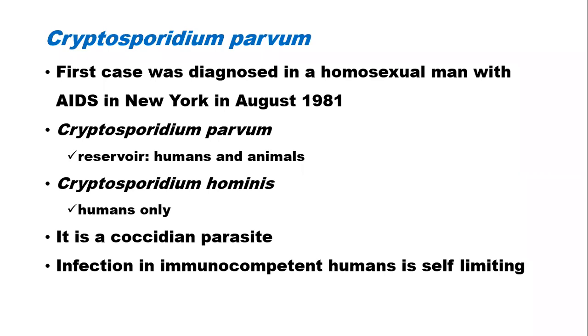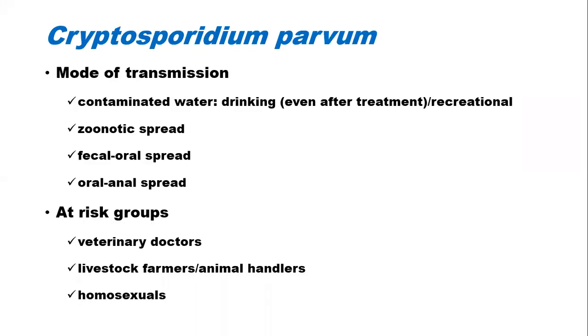This particular agent is a coccidian parasite. It's also a member of the Apicomplexa. If you remember from the POD lecture when we were discussing malaria, the malaria parasite is another example of a coccidian parasite, and it's also an Apicomplexan. It's a coccidian parasite because of its complex life cycle, which we're going to discuss in a moment.